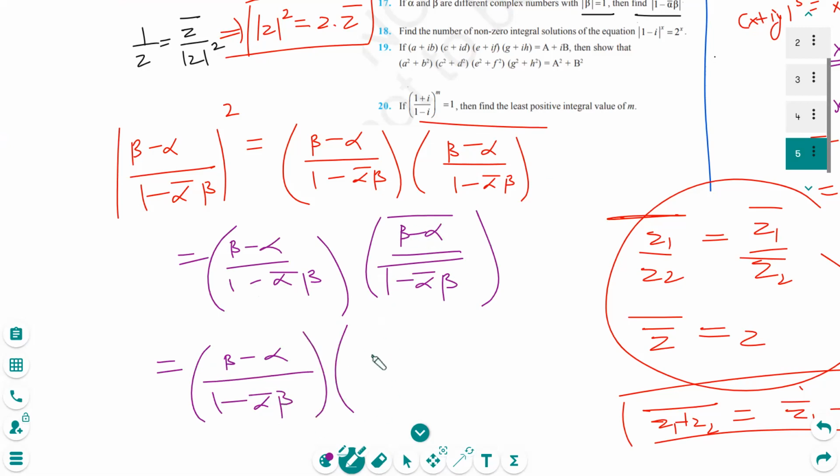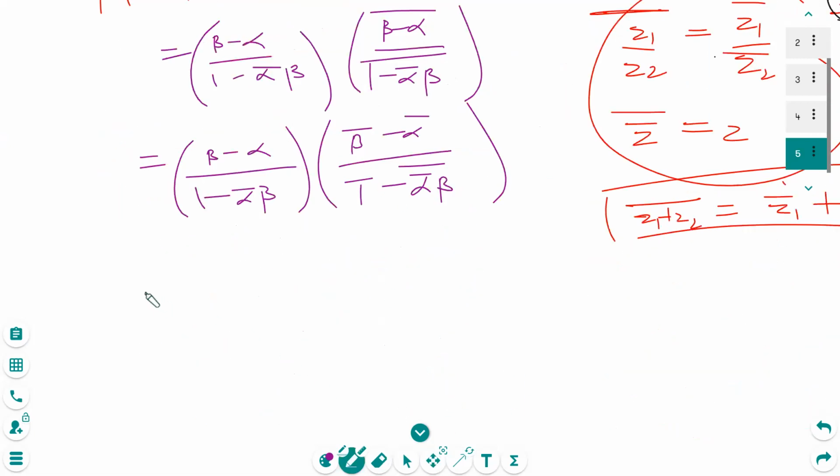Now, what is the conjugate of this? This will be separately written out. This is one conjugate and separately written out. कोई भी confusion है, you can ask me. Okay.